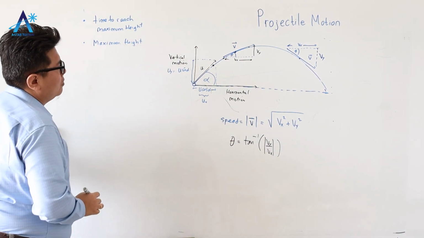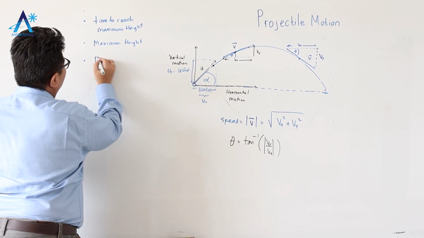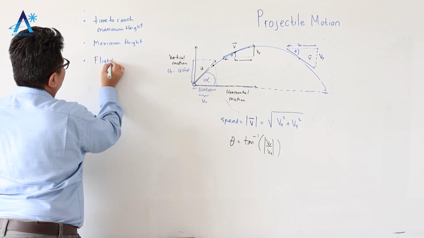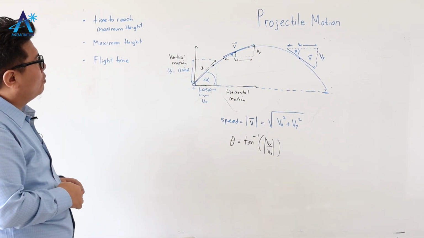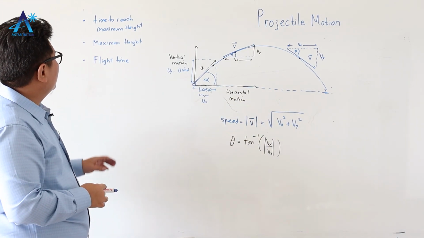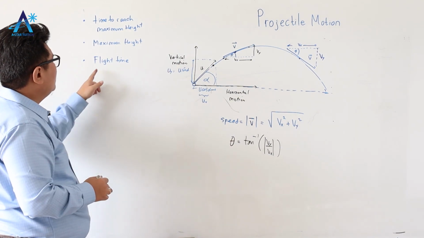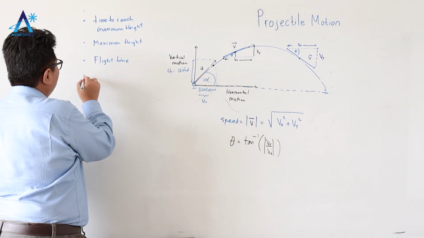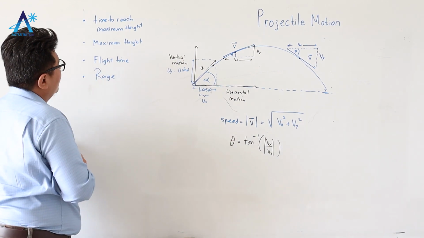And also, we will talk about the flight time. The flight time is simply the time when the particle is airborne, which is actually related to the first quantity. Once you get the flight time, you also want to find the range. Now, range here is simply the